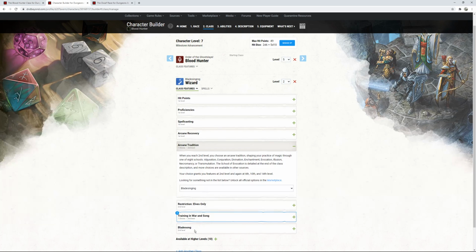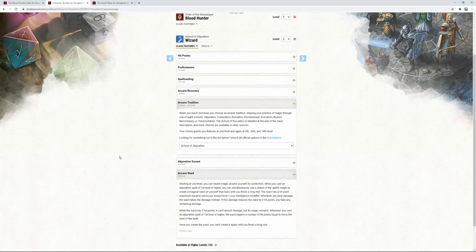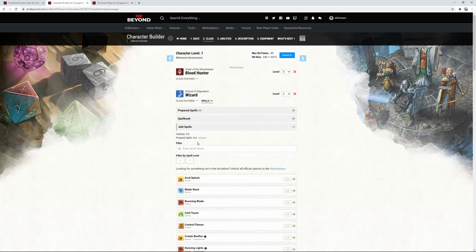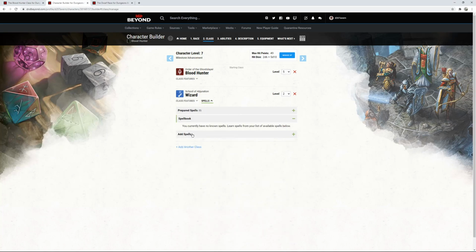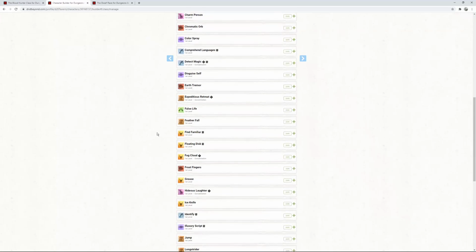So the other option I would pick is probably War Magic or School of Abjuration, because the Arcane Ward is going to basically give us more hit points than we actually have by being able to spend our spell slots on basically just pure abjuration spells. Because when we click through our spells, we'll get 6 at first level. Spell book, add spells. We get 6 at first level, and that's going to be definitely Shield,